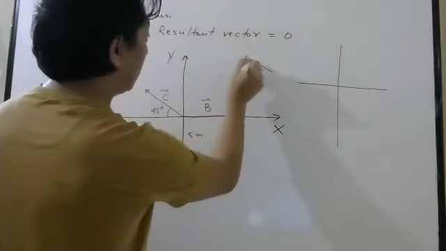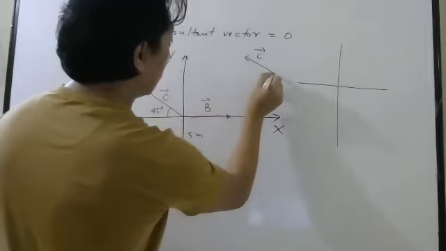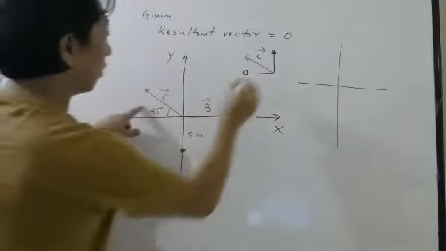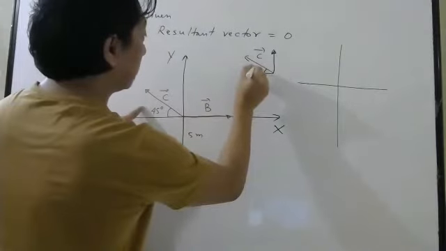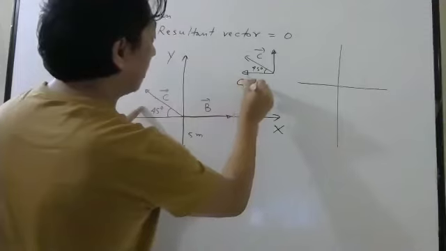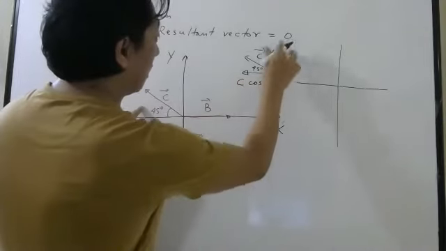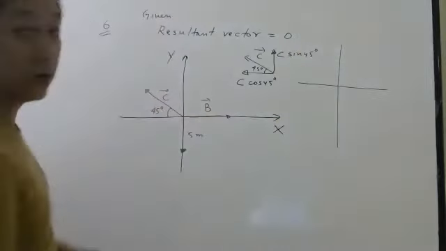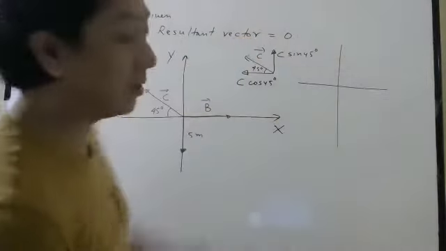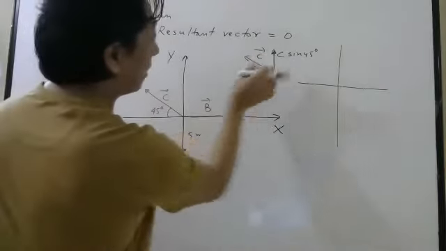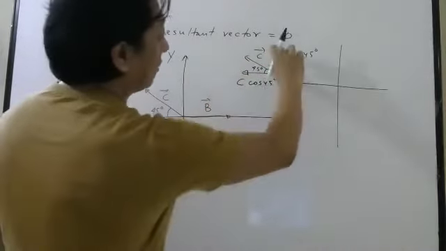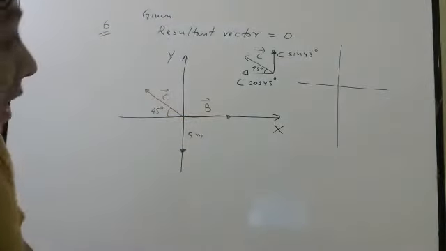So this is your C vector. It will have two components, one here, one here. This is 45 degree. So this will be your adjacent, C cos 45, and this will be C sin 45. Only magnitude, so don't write vector here. This is just magnitude. When I write C bar, it means the length is C. So this length will be C cos 45, and this length will be C sin 45.